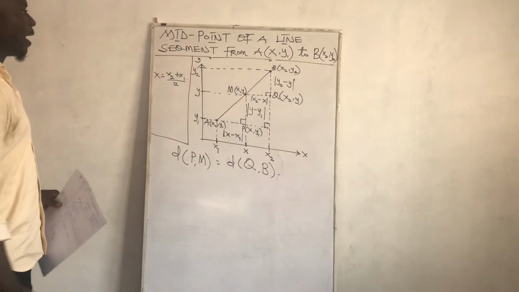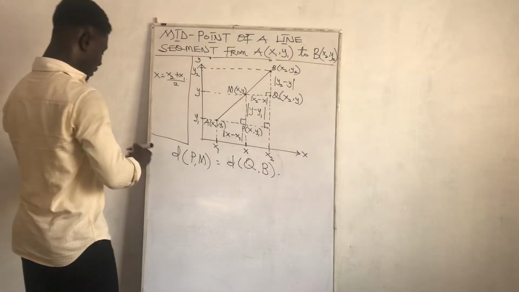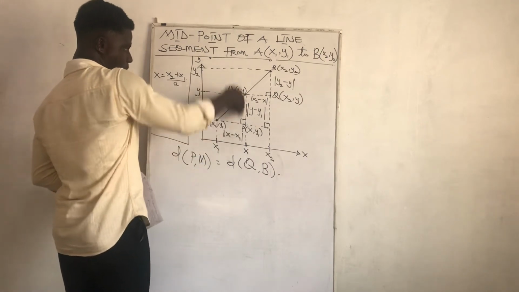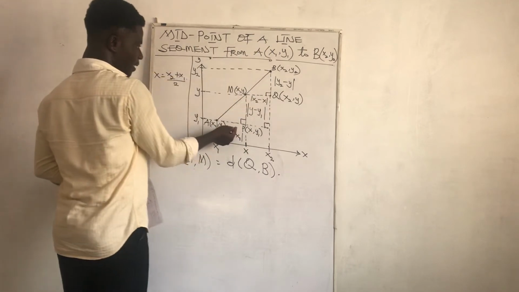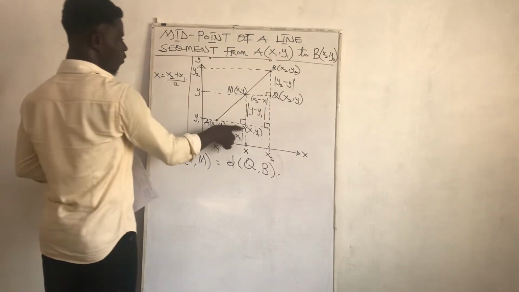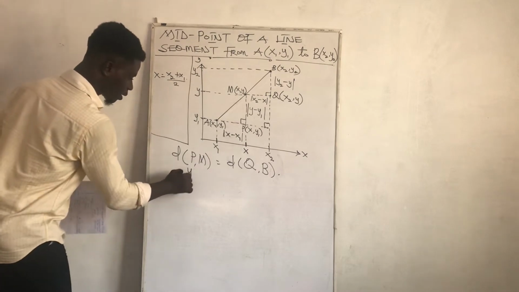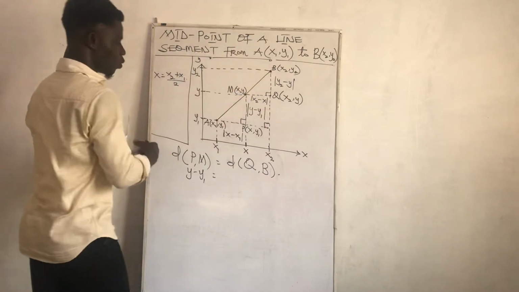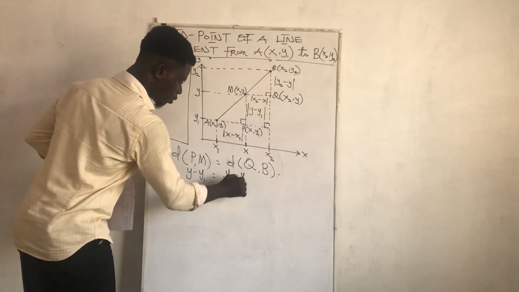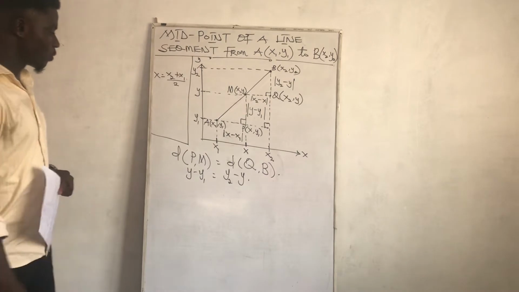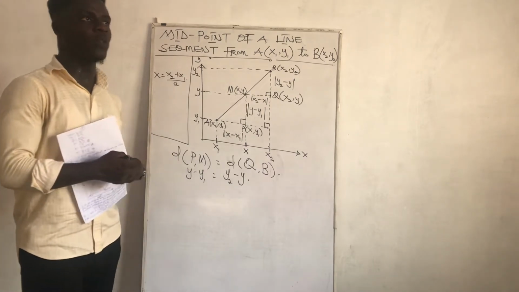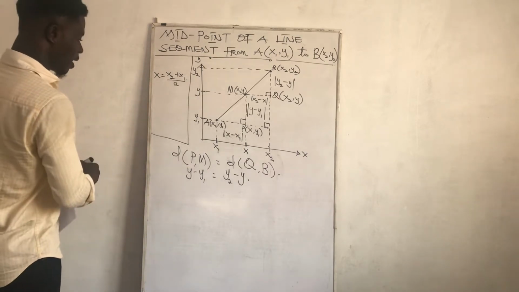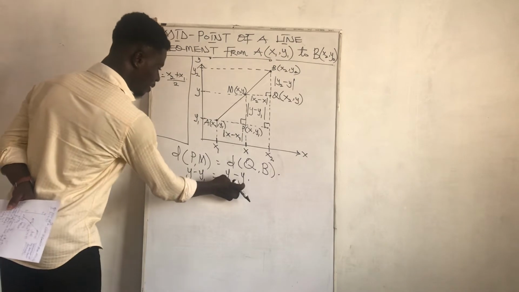The distance of PM, equal distances. You can see along the y-axis, the same thing. So the distance of PM will be y minus y1, which is equal to the distance of QB, which is y2 minus y, right? So now, here we want y. We are making y the subject because we want the y coordinates. So making y the subject, we send this one to the